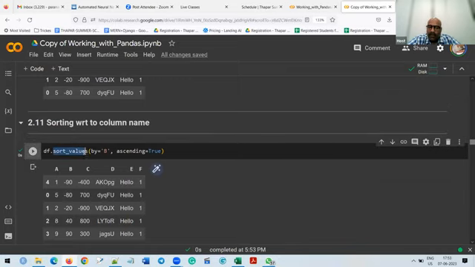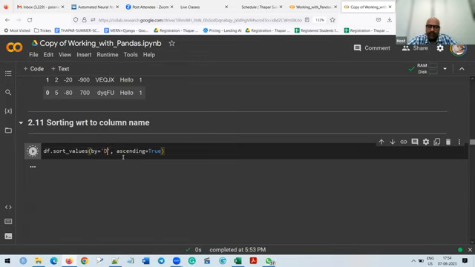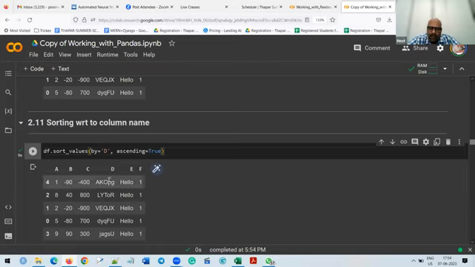df sort by values and by b column. ये b column है, and just see ascending equal to true. तो देखिए यहाँ पे सबसे लीस्ट वैल्यू टॉप पे आ गई है और सिर्फ बी के कॉलम के हिसाब से सॉर्ट हुआ है। लेट्स सपोज इफ आई वांट टू गिव एज डी कॉलम, तो डी के हिसाब से कॉलम सॉर्ट हो गया है। ये कई बार हमारे पास यूज होता है।